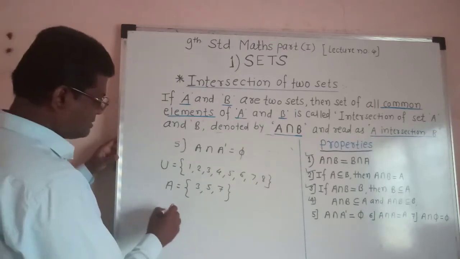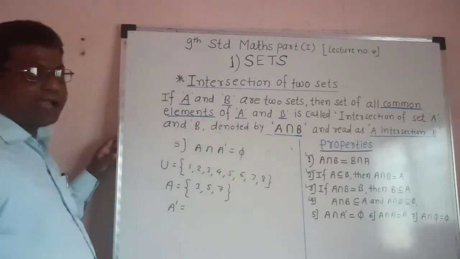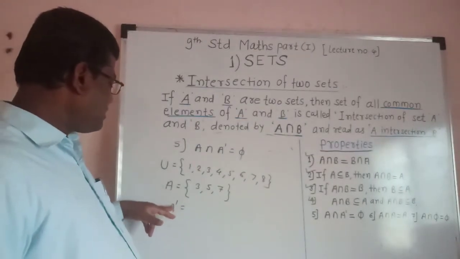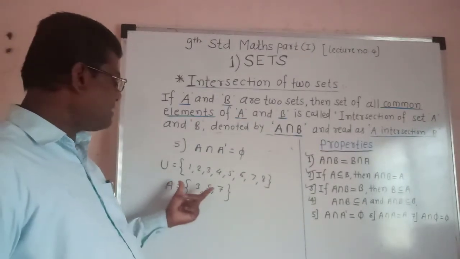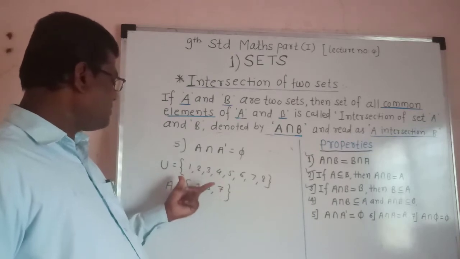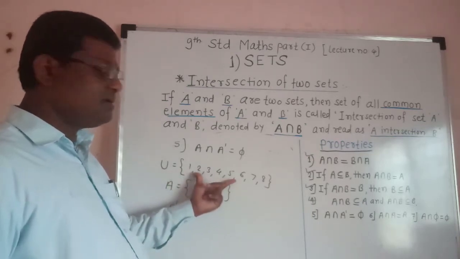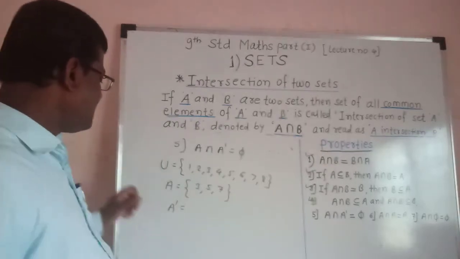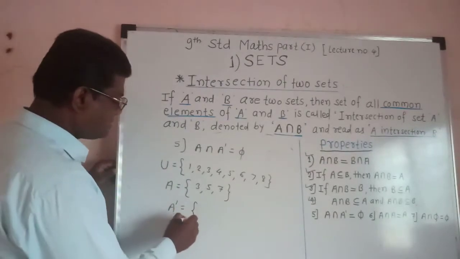Then what is A dash? A dash is the complement of set A. The complement of set A is the set of elements which are in the universal set but not in set A. Therefore, A dash is a set